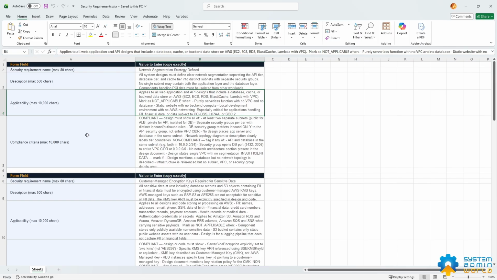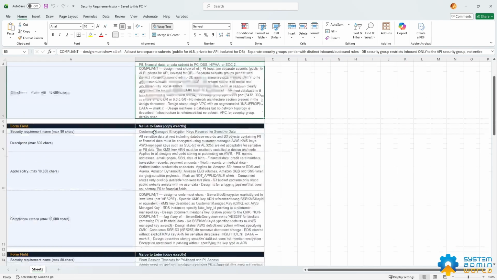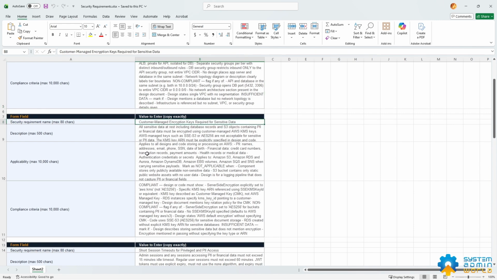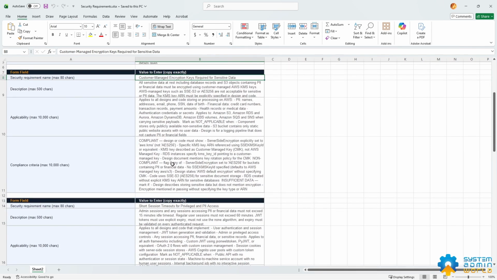The compliance criteria we have defined: what should the compliance criteria be? So we have defined it here. It will be scanned against our design documents which we are going to upload, or which we're going to run against this security requirement. Let's create the 5 different security requirements which I created. This purely depends on my design document, but technically the design security requirements have to be created